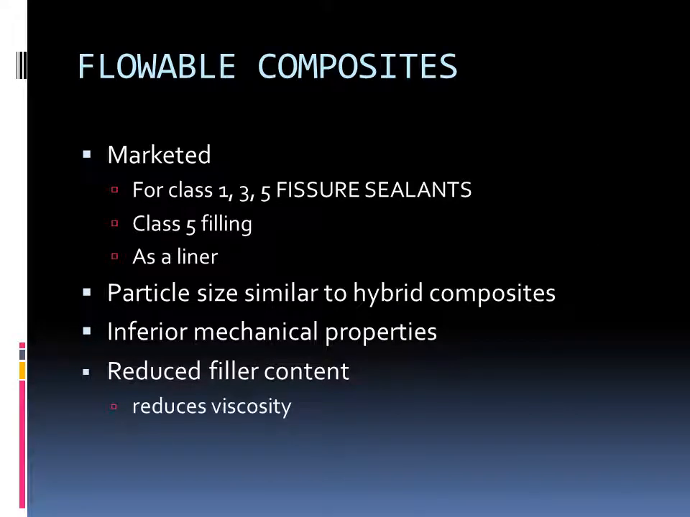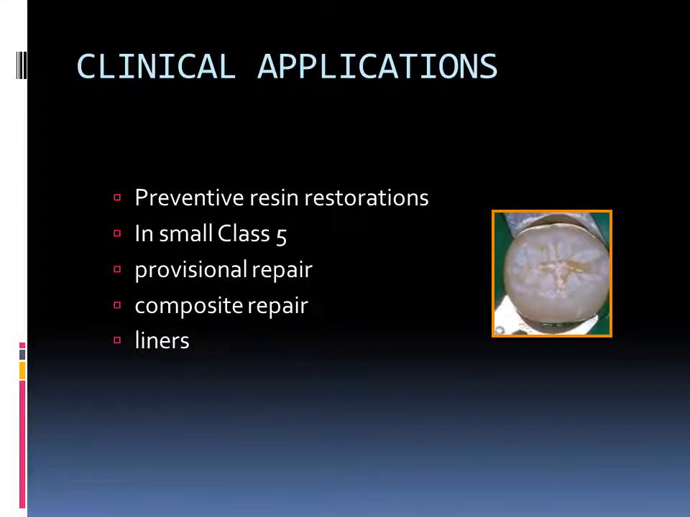Then the flowable composites, they were used for fissure sealants in type 1, 3 and 5 class filling. Could be also used as a liner. The particle size is similar to hybrid composites. Inferior mechanical properties because again the filler content is low and that also reduces the viscosity. Flowable were used in preventive resin restorations like fissure sealants, in small class 5 restoration, for provisional repair, for composite